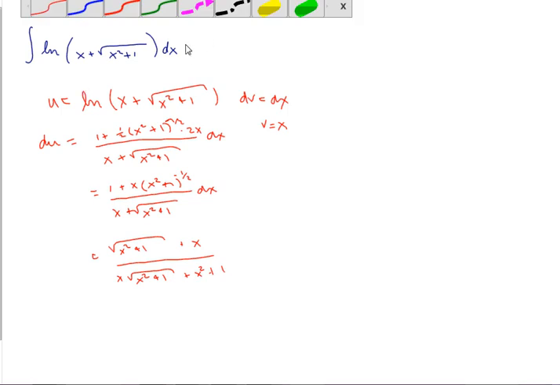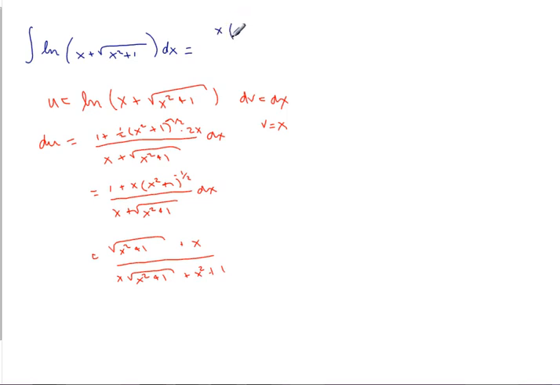So what does that leave me with? uv, which is x ln of x plus square root x squared plus 1, minus the integral of v du. Now the integral of v du does not look that great, does it? I don't know. Let's try